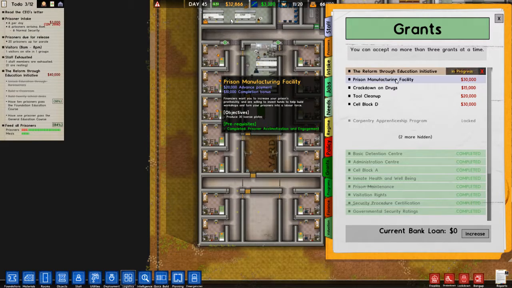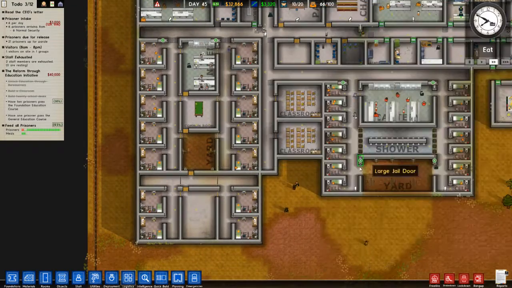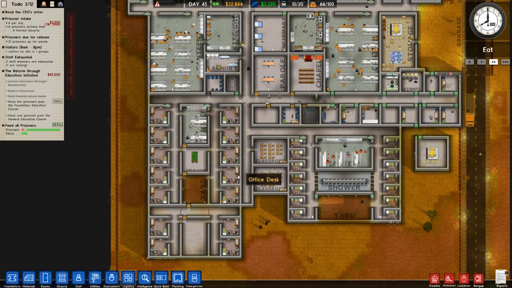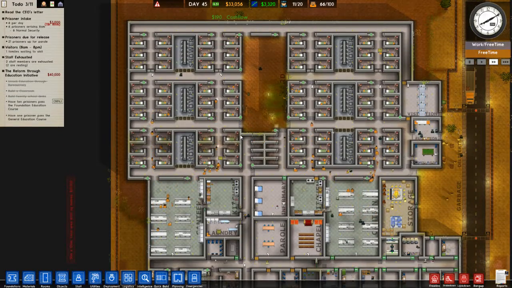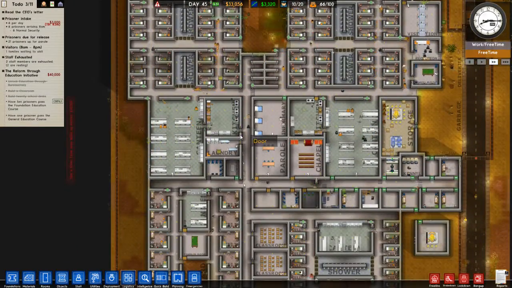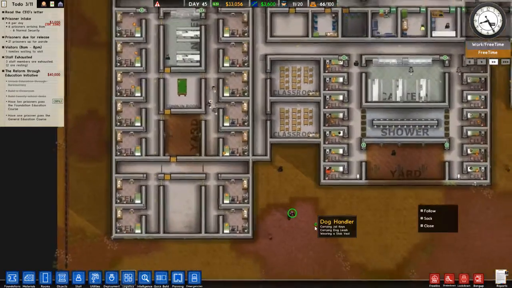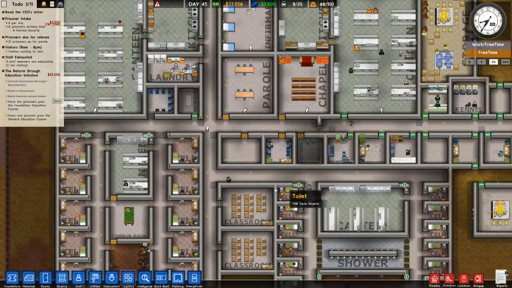I would like to get into prison manufacturing. It's not going to be hard. We just may not have enough low security people to do that. And I'm not sure I want to trust our normal security people to do it. I'm not entirely sure. We're going to have to look into